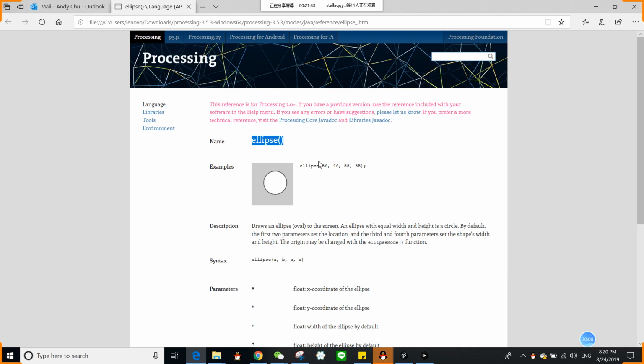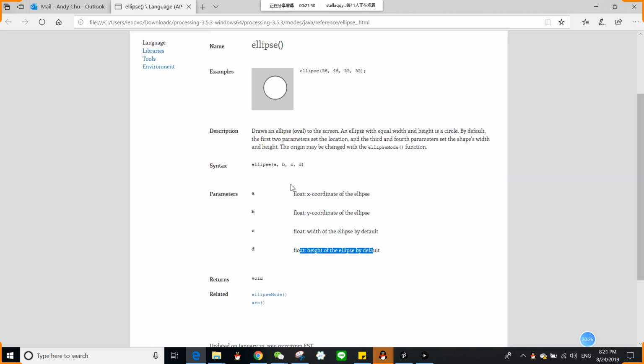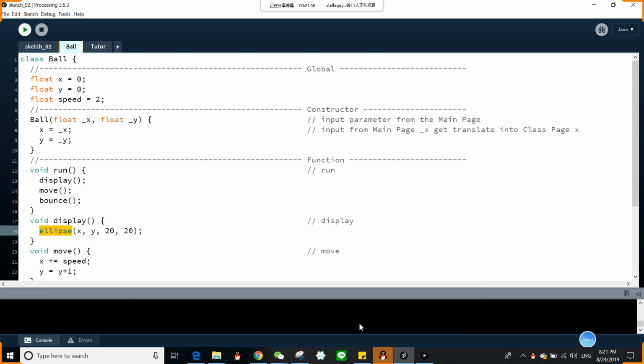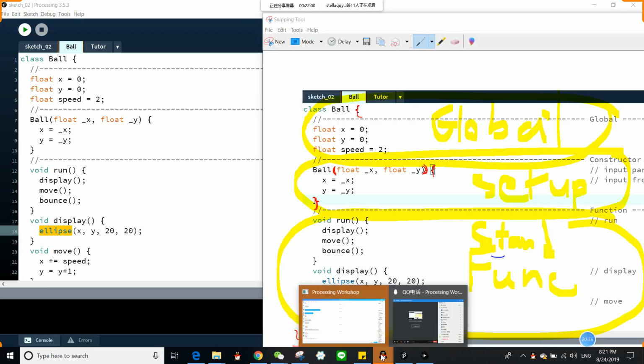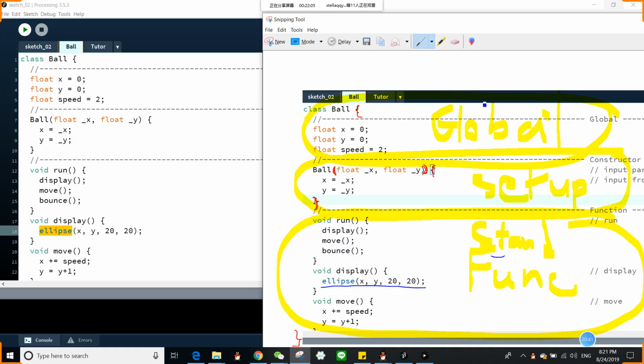Now the ellipse function is embedded in Processing. So we need A, B, C, and D. A is the x coordinate, B is the y coordinate, C and D is the size of the ellipse, okay, or the circle. Now, coming back here, okay, coming back here,